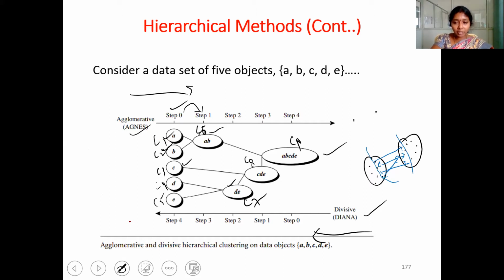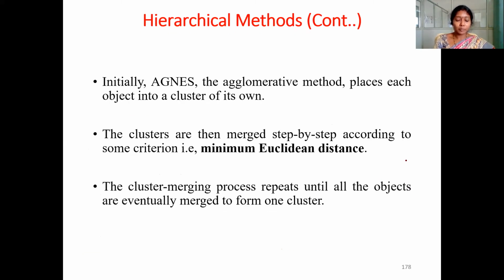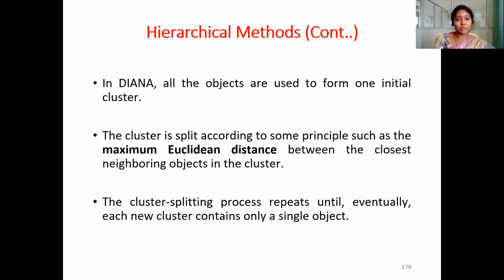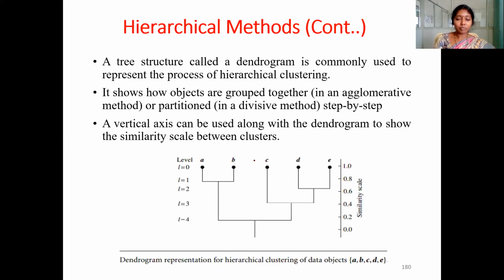So here, by going through all these distance calculations, I found that the data point which is here and this particular data point have lesser distance compared to all others. So based on that, I can go for the next step, whether these two clusters are merged or not. So this is all about that. Here you need to consider, in case of Agnes, the minimum Euclidean distance, whereas in case of Diana, you need to consider the maximum Euclidean distance.